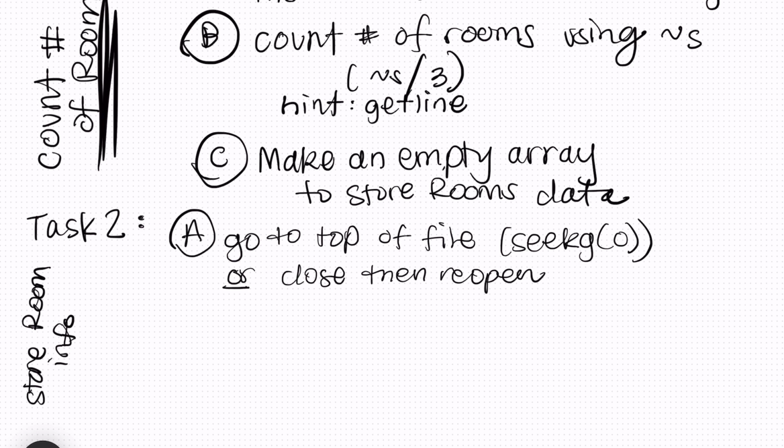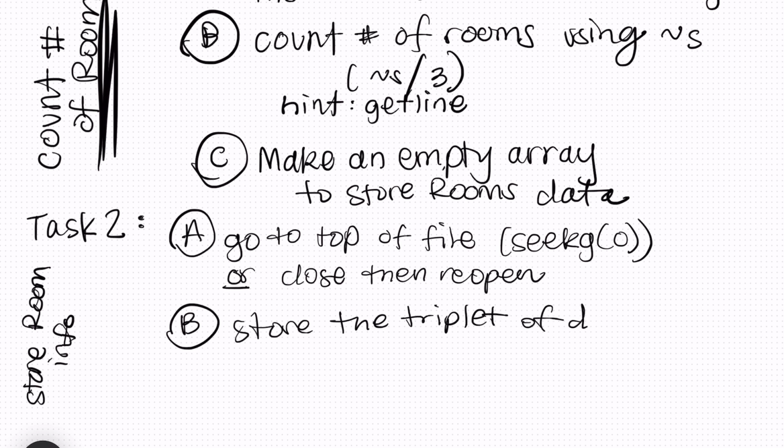So the next thing that we will do is we will store the triplet of data. The hardest part is the exits, because sometimes you will have a north exit, sometimes you won't. You'll always have a room number and a description, but the exits are the hardest part. So name and description